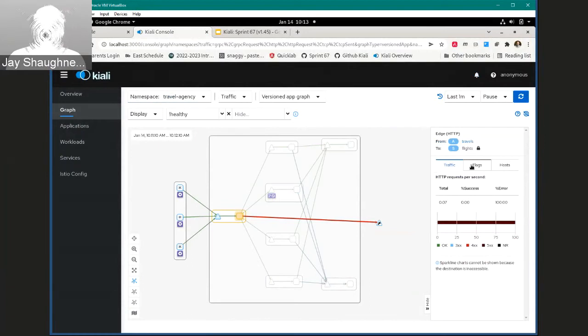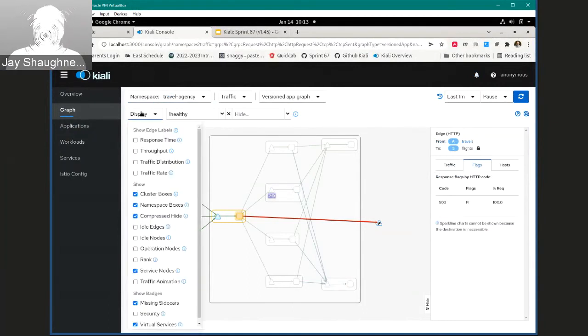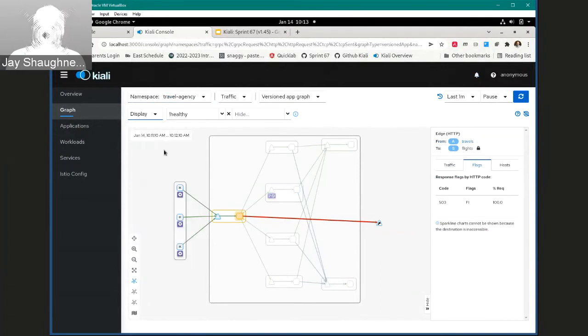And there's a lot of ways I can figure that out. If I look at the flags on all these requests, I can see the returning 503, and sure enough, it's fault injection that's causing the problem, which is anticipated because you can see that I have gone through the process of putting that rule in there to cause that problem. And of course, there's all the things that we can usually do. You might want to see how many requests or what percentage of requests are